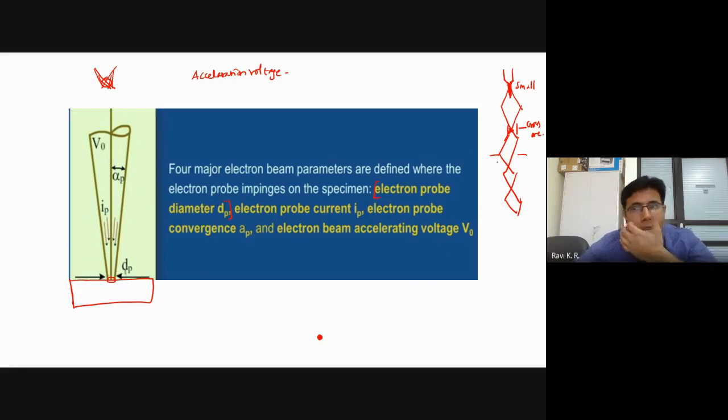While falling, you have all these angles. Based on the aperture where you keep it, you start getting the beam diameter differently. Again, the working distance also will be different.